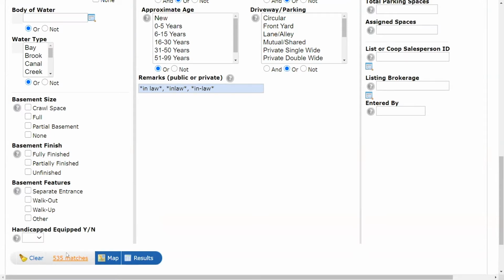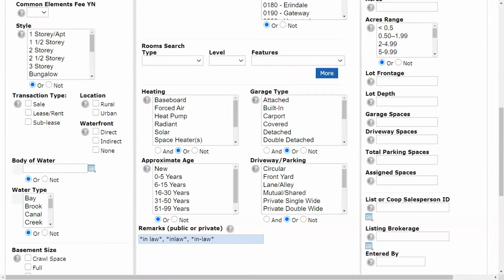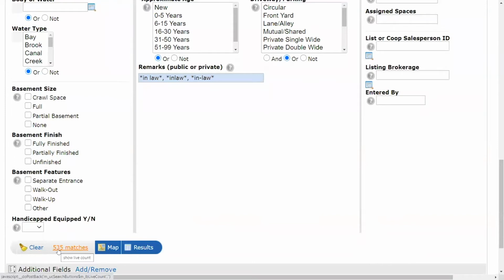Okay, I wouldn't suggest selecting like 15 different things on this page all at once and then going down and looking at your matches at the end. A lot of the time you're going to end up with 0 matches. So do them one at a time as you break down the criteria, find something that works, and then break down exactly what your client is asking you to find in the system. Okay, but this remark section and using the wildcard, you may end up doing, as I mentioned previously,